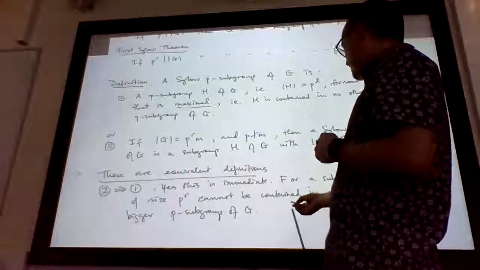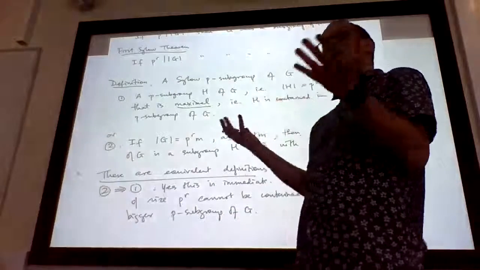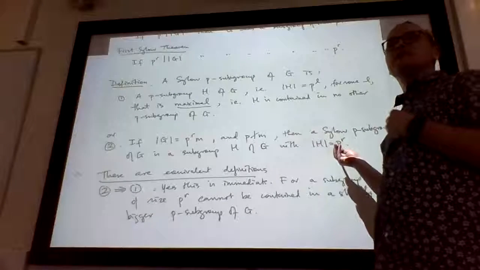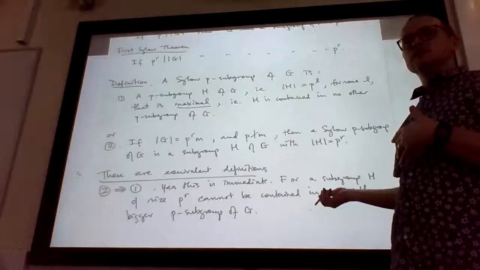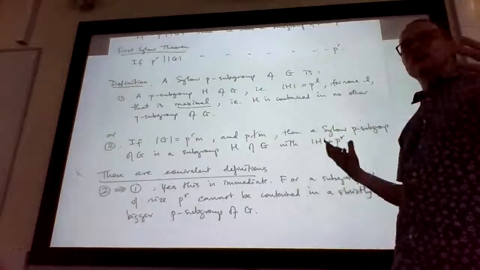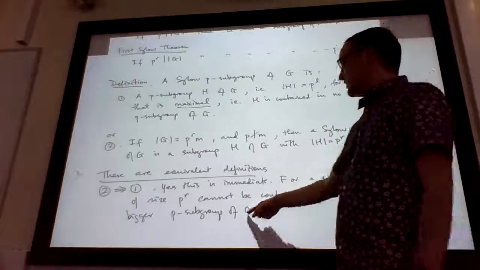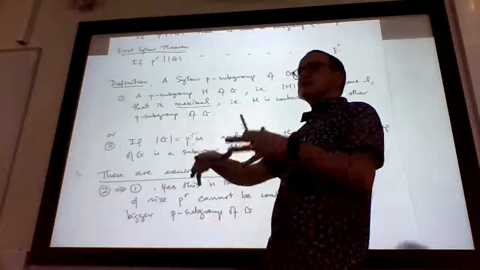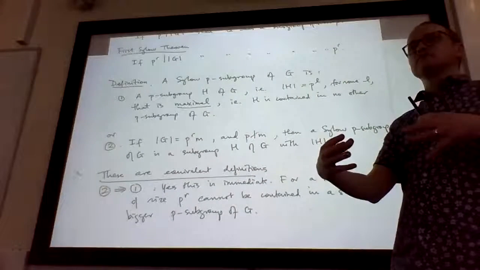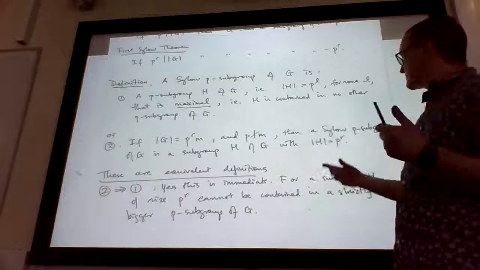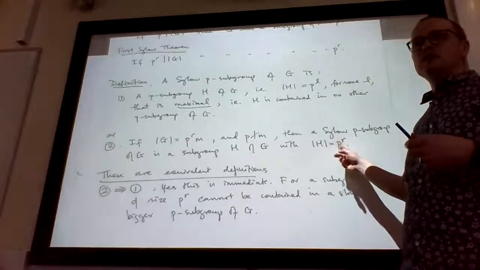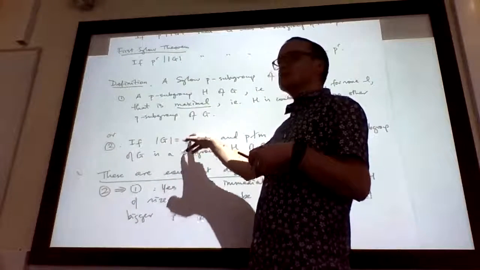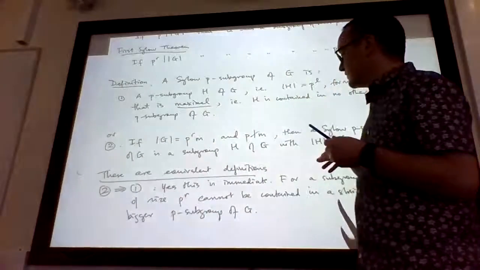So this supposedly bigger P subgroup of G, how big would it be? Well, its size would have to be some bigger power of P. But that would violate Lagrange's theorem, wouldn't it? Because the size of a subgroup has to divide the size of G. And if the size of H is already this biggest power of P within the size of G, then you can't have a bigger P subgroup containing H, strictly bigger. Because its size would have to be a higher power of P, but a bigger power of P can't divide the size of G. Because this has all the factors of P in it. Because P doesn't divide M. Exactly, yeah. P doesn't divide